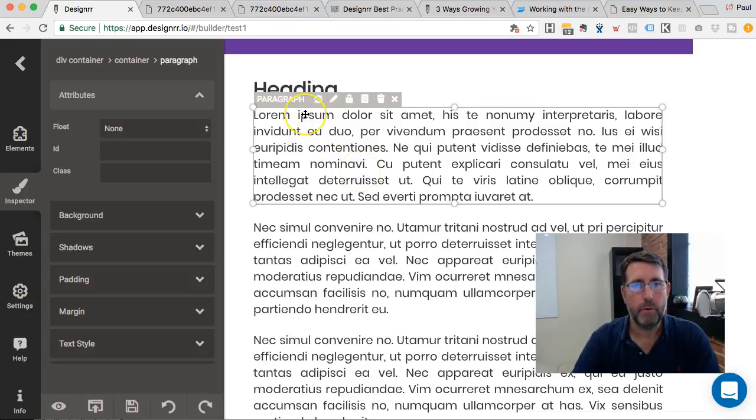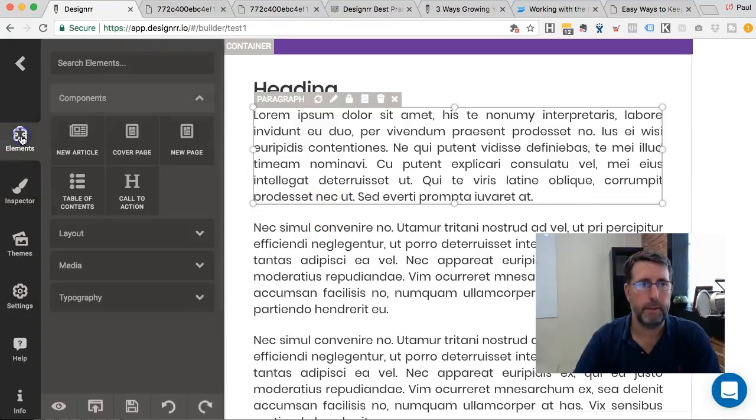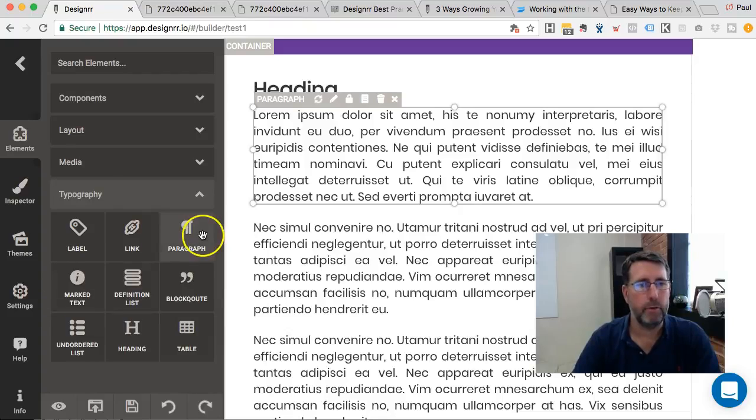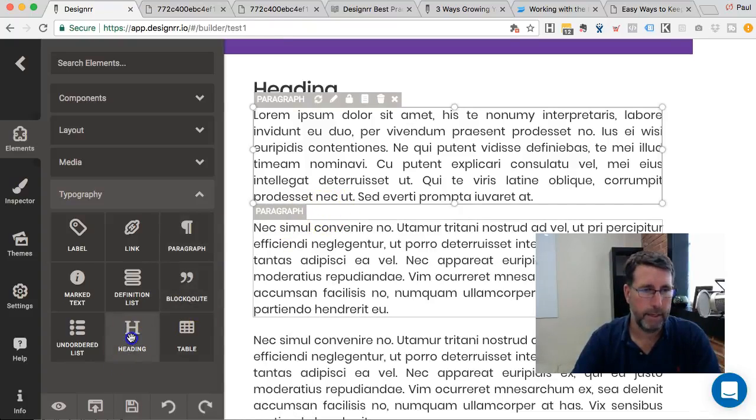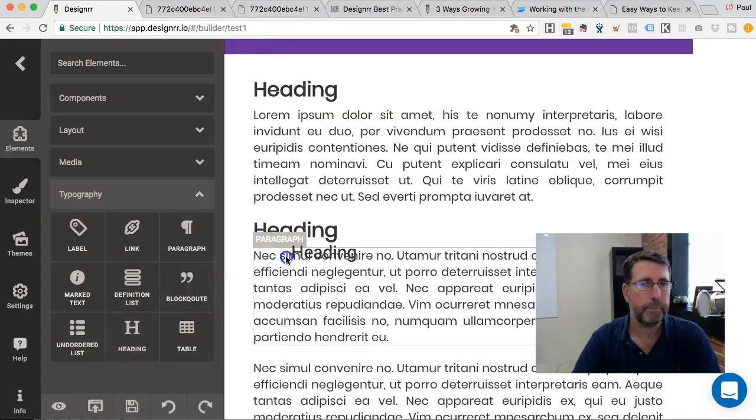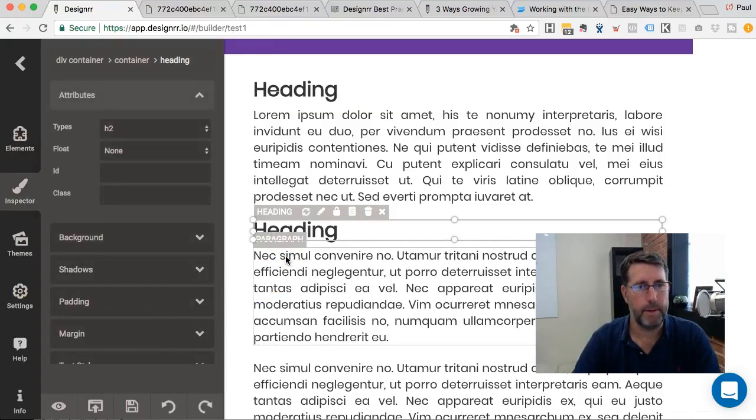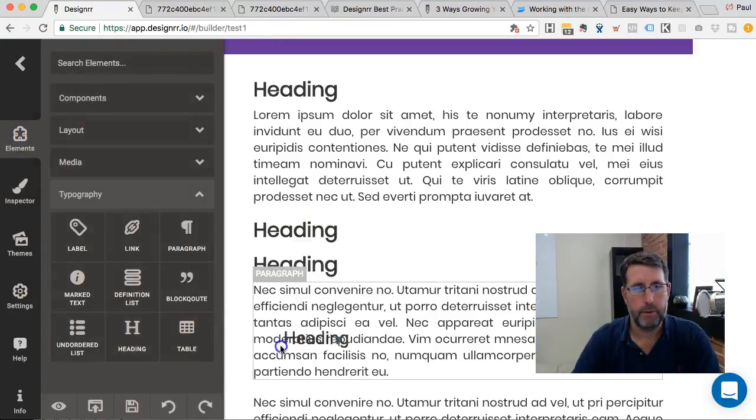And if you want to add more, so if the import has done its job and you want to add more content, then what you do is you go to the left here to elements and you go to typography and you drag these elements into where you want them. So for example, let's say I want a heading in between these two paragraphs, and I click on heading and drag it over and drop it wherever it appears. And let's put another one further down. Okay, so I drag that in